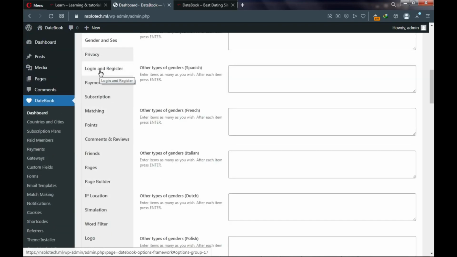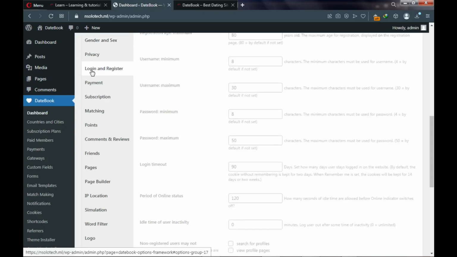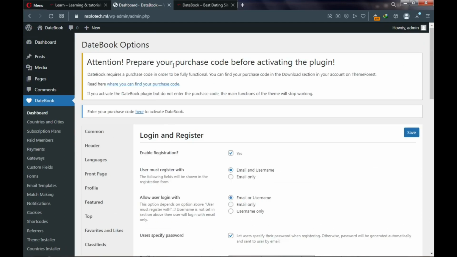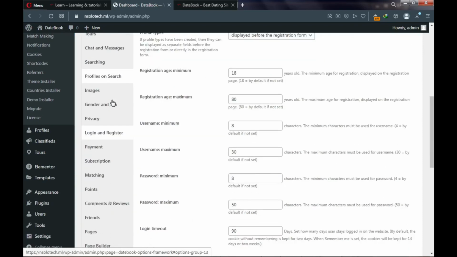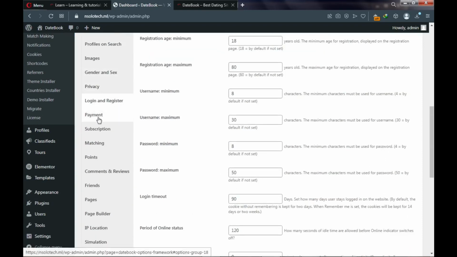Privacy, please. Next important thing is login and registration. Make sure you enable this. If not, users cannot register on the account. So almost all the settings are done for you. Okay, they are done for you. Payment,